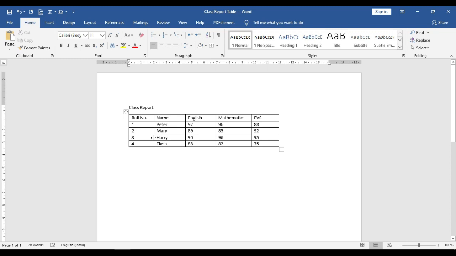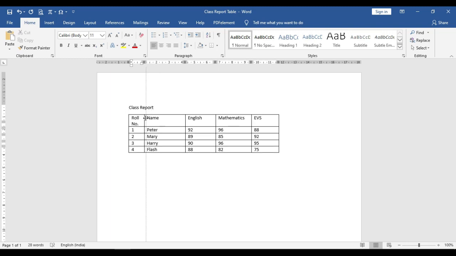Else, if you want to resize it vertically, then select the row side. Suppose here I want to resize the roll number or the first column. So I just move my mouse cursor to the edge of the column, and after that hold the left click of the mouse and drag the column as you require.